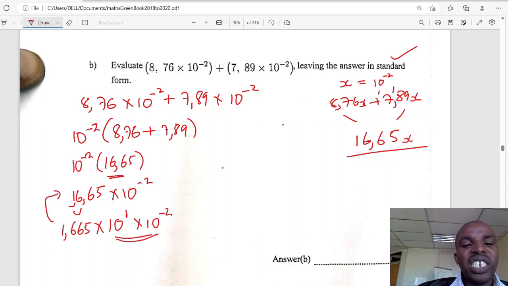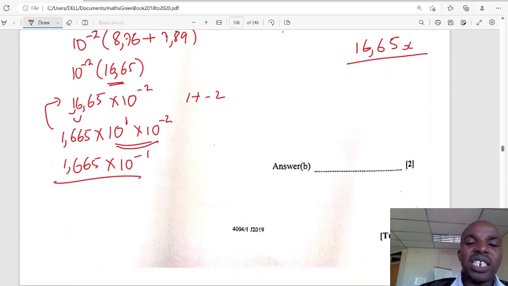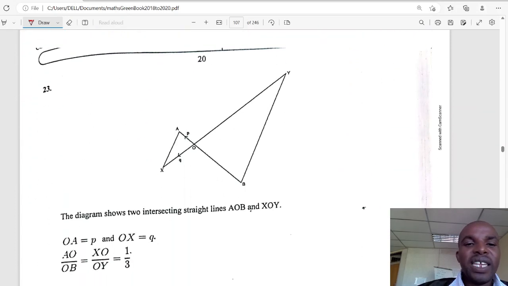Then you apply the laws of indices on this part. So it will be 1.665 times 10 to the power. You maintain the base 10 and add the powers. So it's 1 plus minus 2, which is minus 1. This will be your final answer. Done. Next,